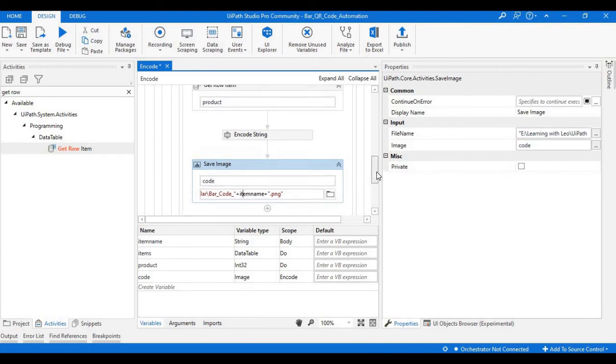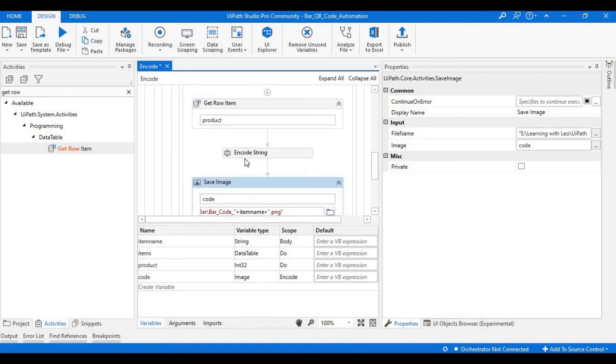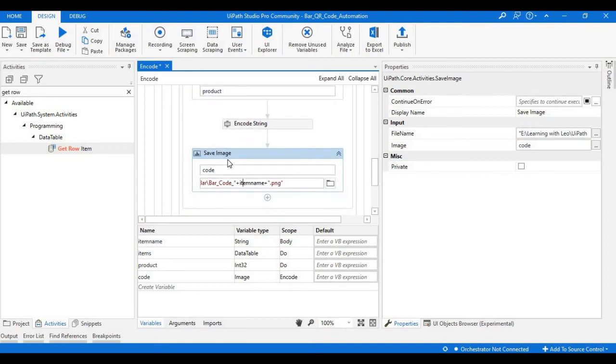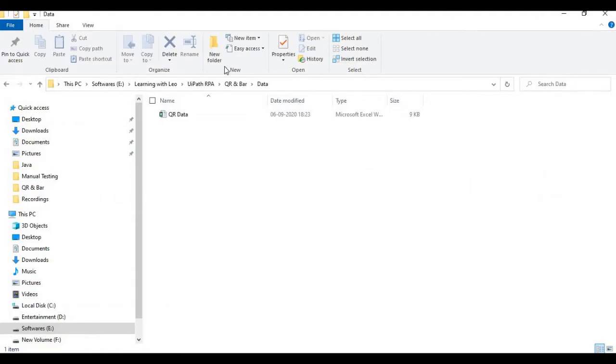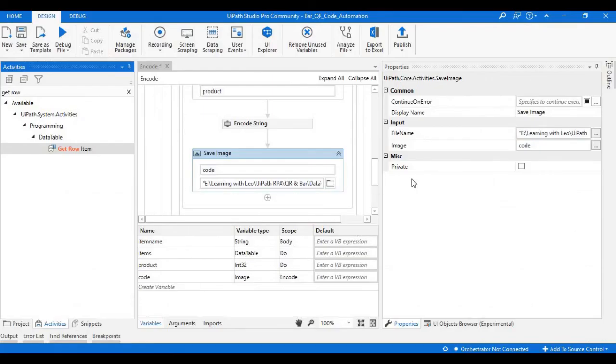For suppose your loop is working on wheat, so the wheat QR code will get generated, and in the save image, it will be stored with the same name as wheat.png, barcode underscore code underscore item name, which is nothing but wheat.png. Here I am just changing the folder location as data, which is nothing but my folder location for the input file. Okay, so that's all, we are set now.